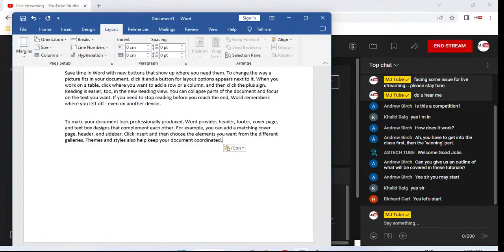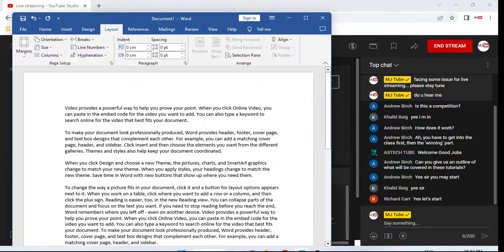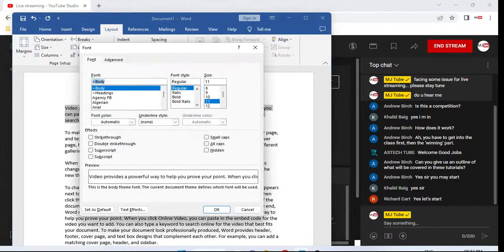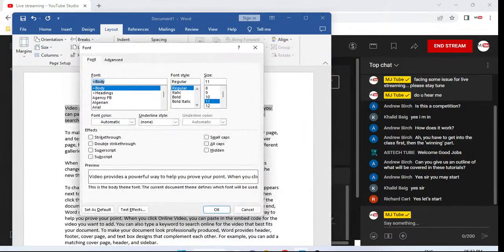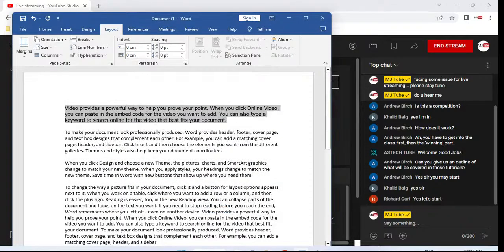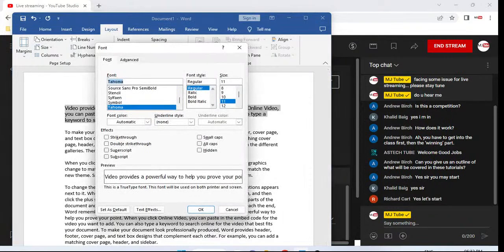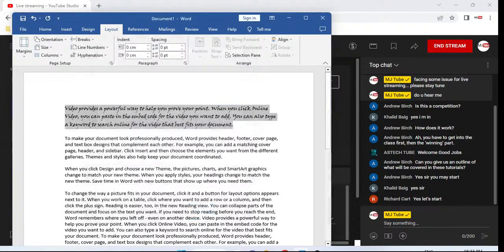And the next important thing is how to change the font size and font style using a shortcut key. It's super simple. Select the text which you want to change, and then press Ctrl Shift F. Look at that, the font dialog box appears. If you know the font's name, you can directly type it here, or you can choose the font by pressing the down arrow key like this. Yep, it's easy. Ctrl Shift F to change the font